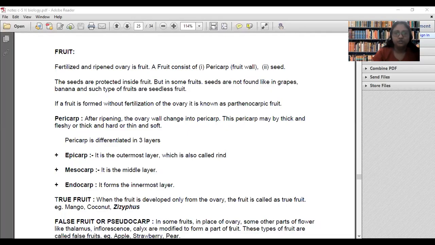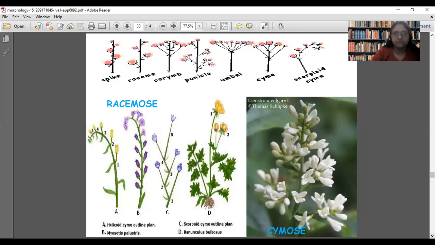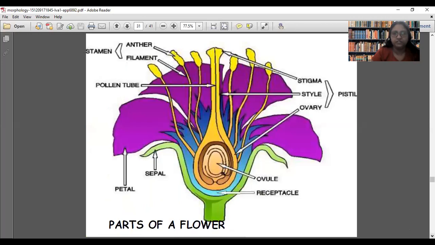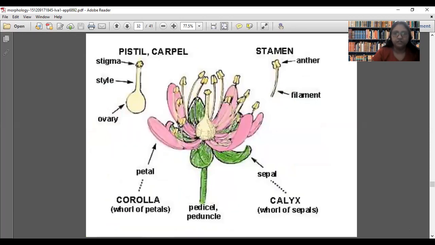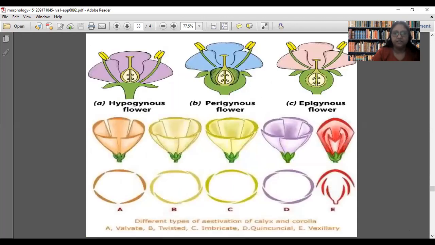Okay. So I wish to take you to the flowers. So these are different types of inflorescence. We are going to discuss them in our next lecture, that is tomorrow. These are parts of flowers. These are separate parts. What are these? What we learned, these are called what? We used a terminology for this. Can anyone remember?